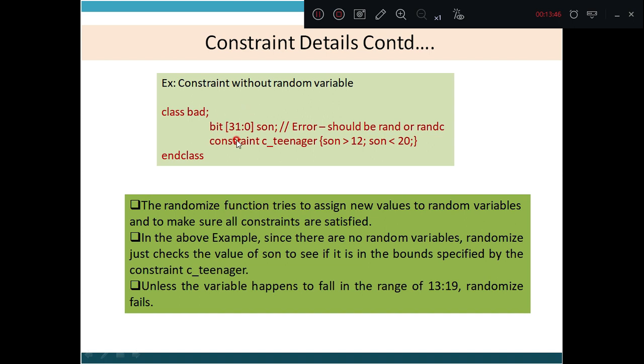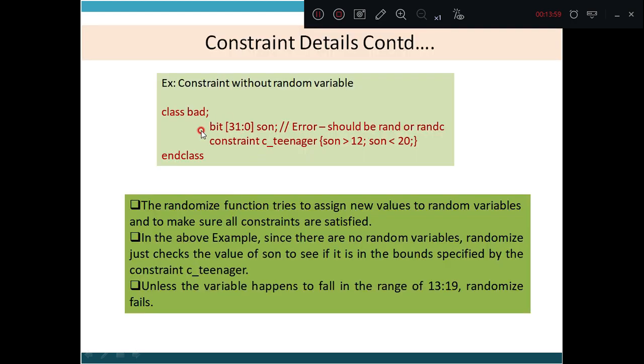This program throws the error because son is neither declared as rand nor randc. So whenever this constraint is to be used, that particular variable has to be declared as either rand or randc.